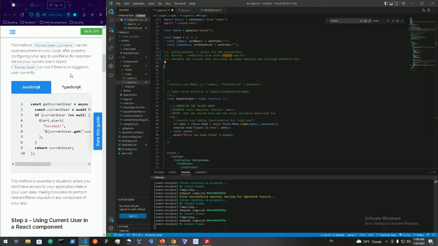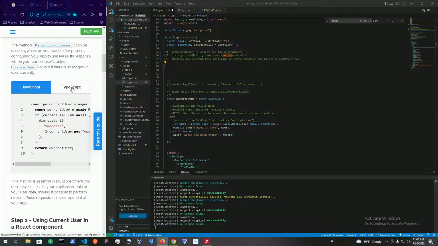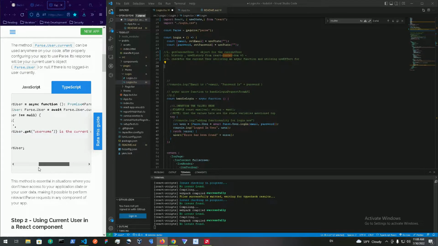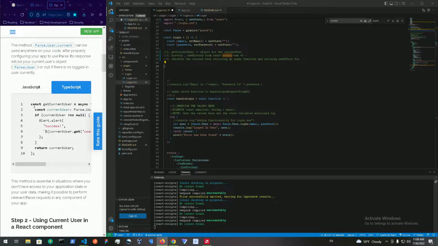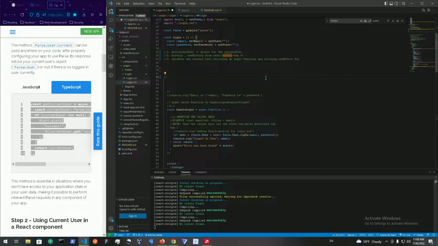First off, we want to retrieve the current user. As you can see over here, there is an example mentioned. So we're going to do something like the example over here. First off, let's do the get current user async function start,